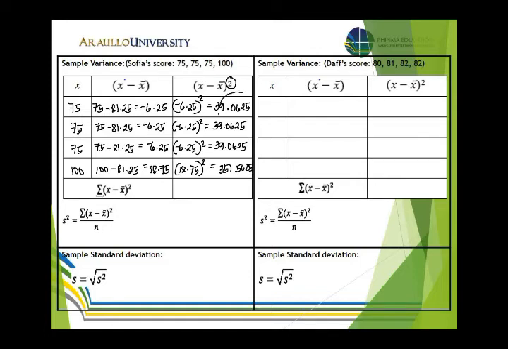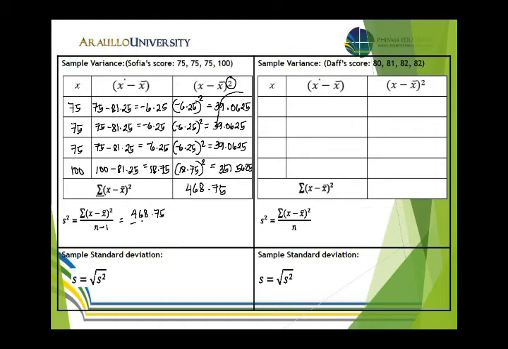Okay, next. So we need to add, kasi may nakalagay na summation. So i-add natin to lahat. Okay, so we have 39.0625 plus 39.0625 plus 39.0625 plus 351.5625 is equal to 468.75. Okay. So we have sample variance, so we have minus 1. Okay, so for our formula, ang numerator natin, yung nasa taas, is